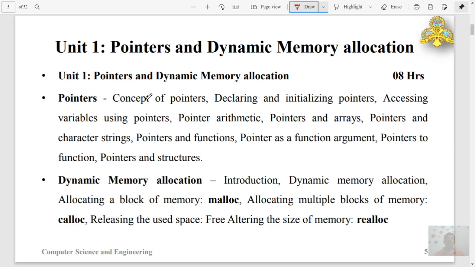Let us assume qty is the simple variable that we have declared in C language, just like int quantity or float. Any data type we can use here. Qty is the short form of quantity, and quantity is usually a whole number. So we will use the data type integer for quantity, and in the memory location during the execution of the program, let us say value 175 is stored in that variable, and there will be one concept, that is address.